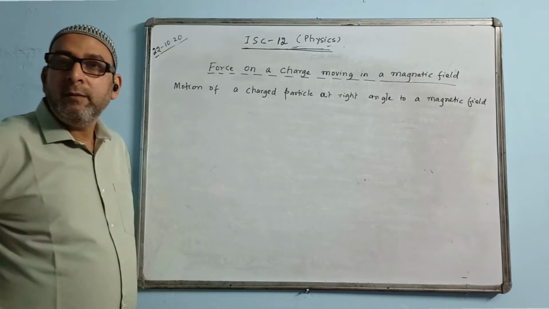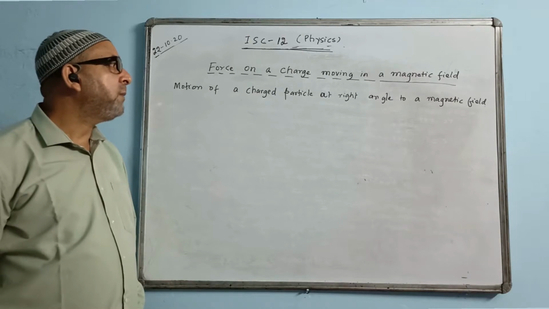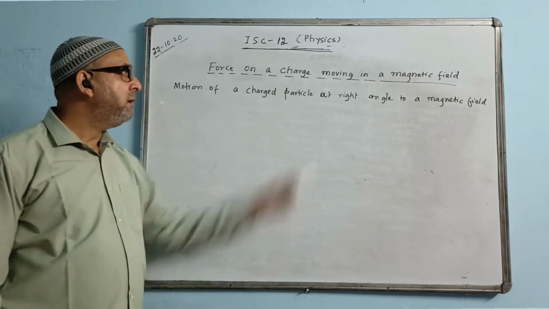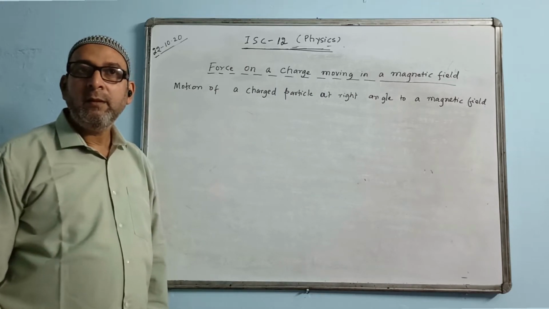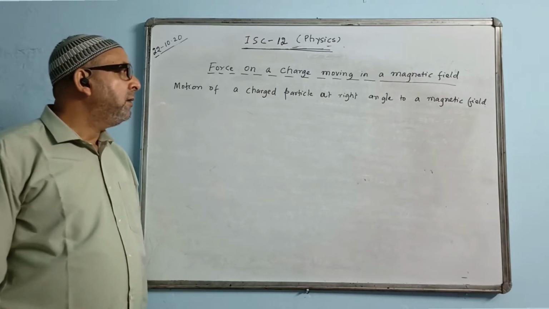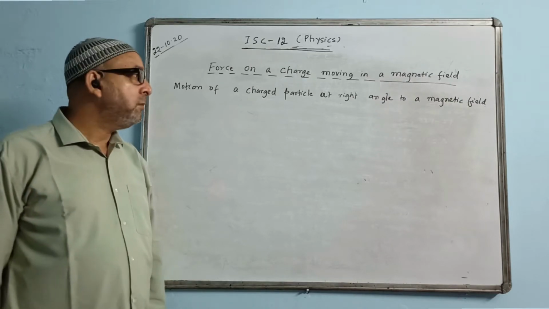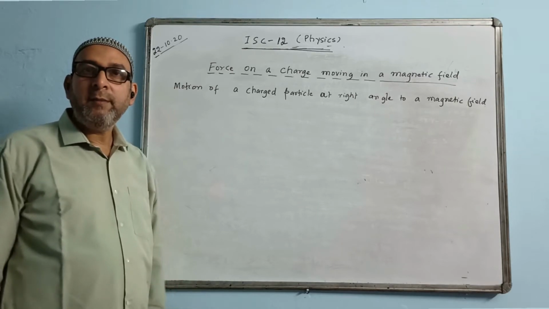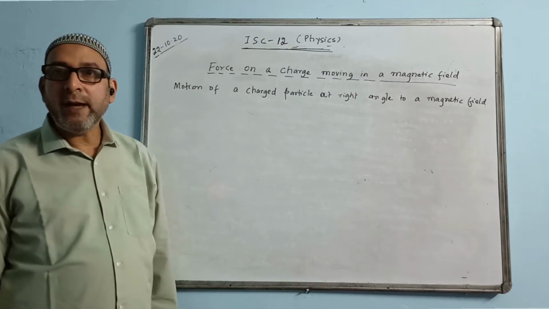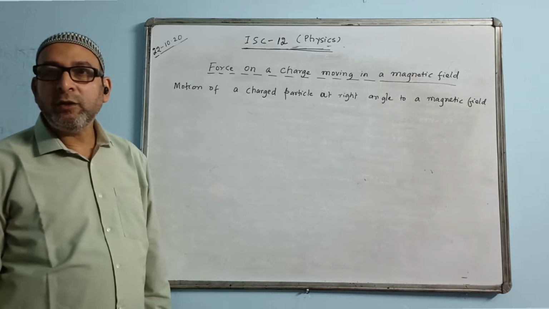When a charged particle enters a magnetic field at right angle, it experiences a maximum magnetic force and it acquires a circular path